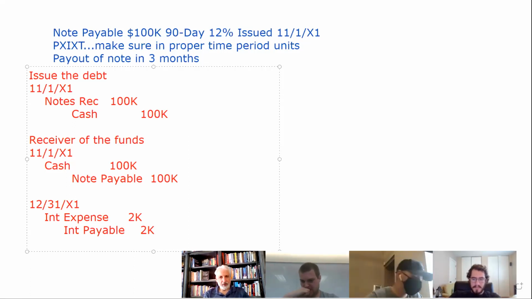Okay. Does that make sense? Because we ultimately have $3,000 of interest, but we have 1,000 for November, 1,000 for December. And when we pay the note back, let's do that. When we pay the note back,